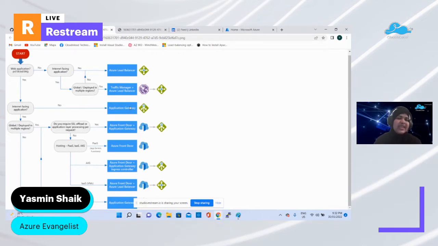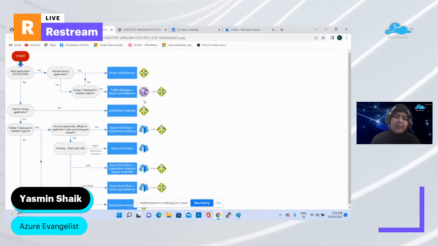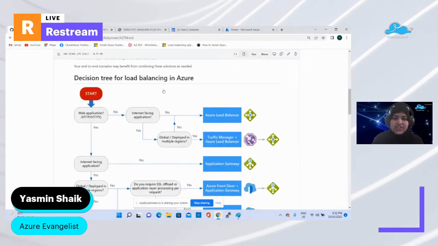You can go and see it on your Azure website, or you can come to the Cloud and Loud GitHub, where I have mentioned all this step-by-step process. You can go there and find this architecture plan as well. You can see this and implement the same in your project. Now let's get started with the Azure Traffic Manager.